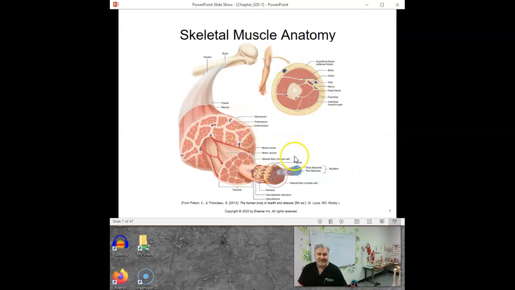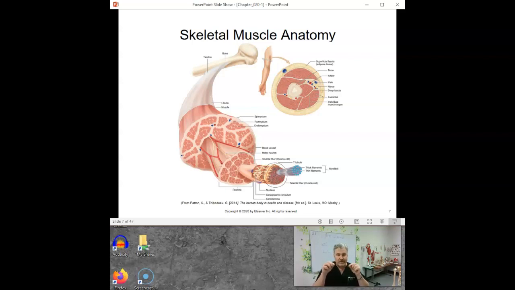So this is an important picture here, not because of the words around it, but for you guys to get an idea of how fascia works. This is a cross-section of somebody's arm, right? And this is supposed to be a cross-section of a single muscle. And what they're trying to show you is if you go down all the way to the